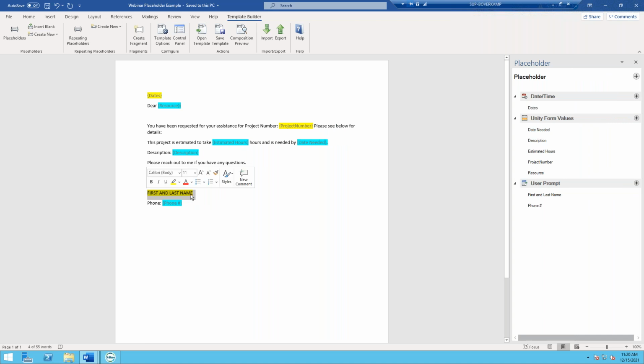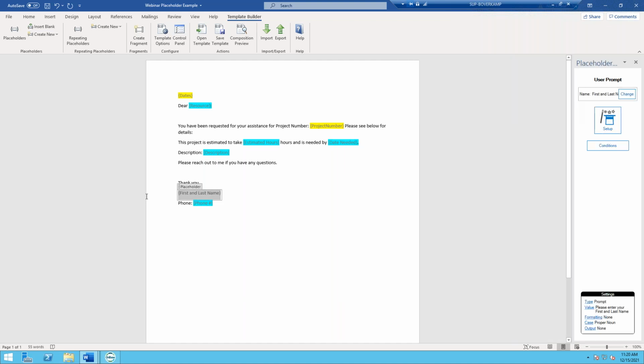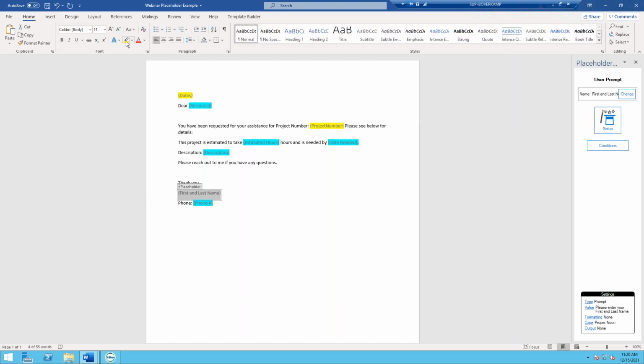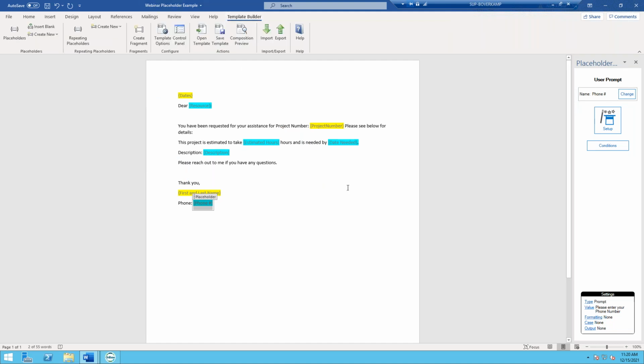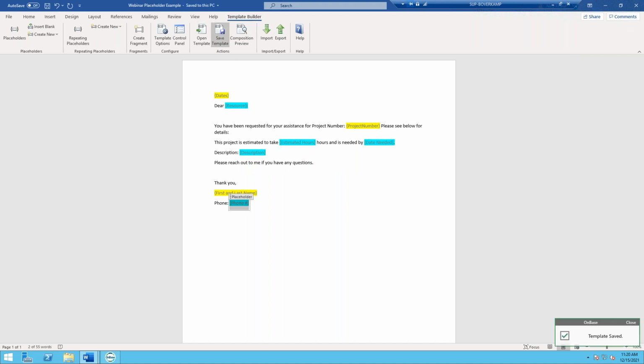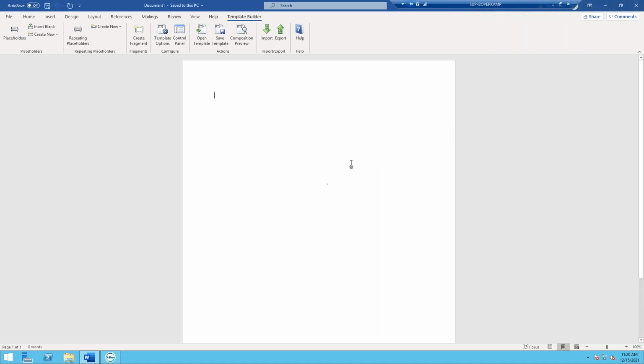So we're gonna highlight the words, hover over, and insert. And notice again how it kind of bounced back up. I'm gonna reformat it to make it look the way that I like it to. I'm gonna keep all of these placeholders highlighted, and then I'm gonna resave that template since it wasn't added before. All right, and then I can X out of here.